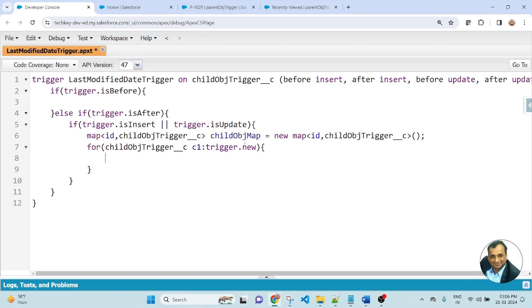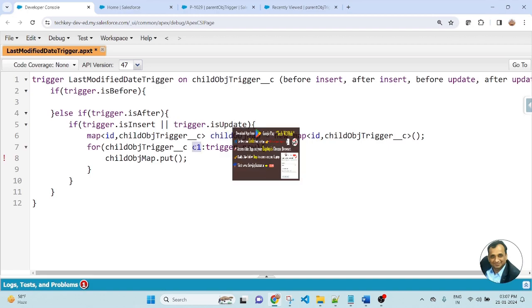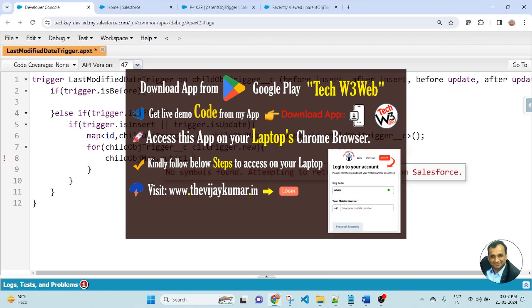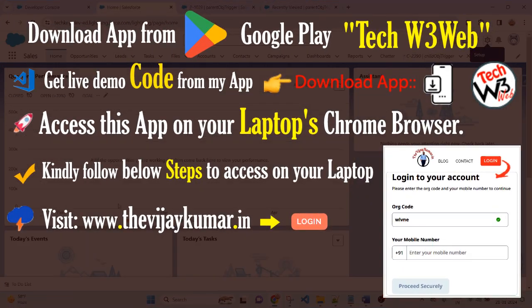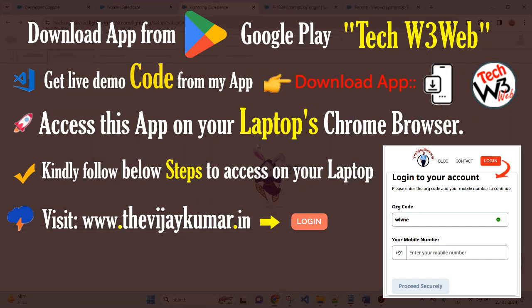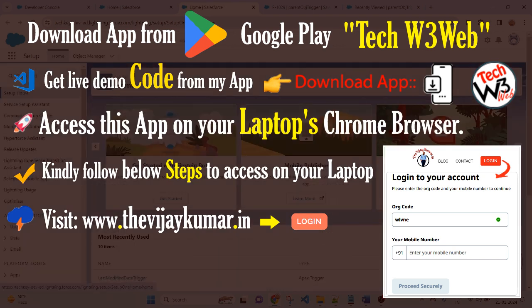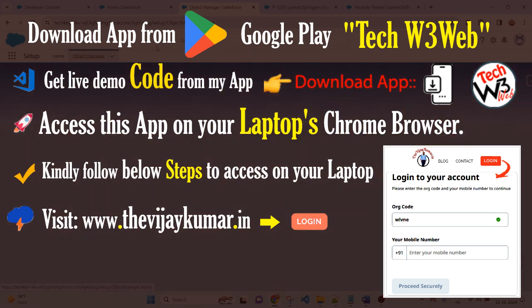The map variable is child object map dot put, bracket. Inside the bracket I will pass the child object lookup field ID and the list of child object trigger. So c1.lookup. So go to the object and get the lookup field API name.